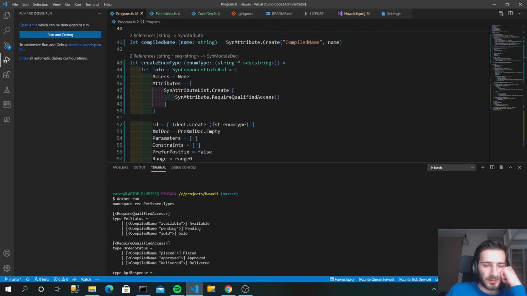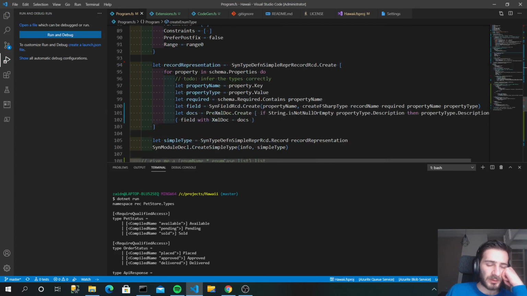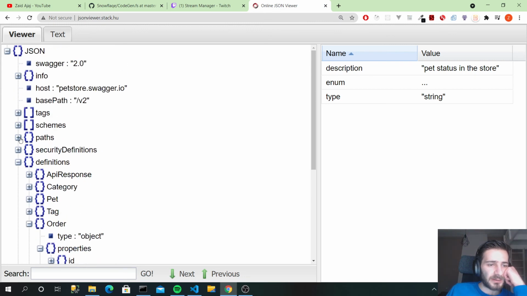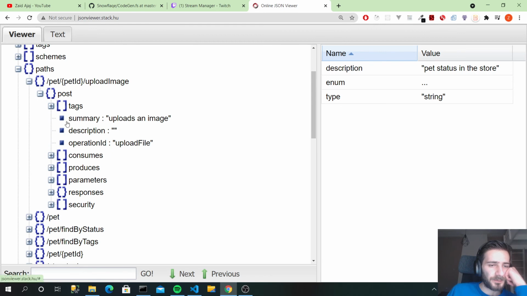Of course, this is a long way to go from a full-fledged implementation, because we still need to implement the client,